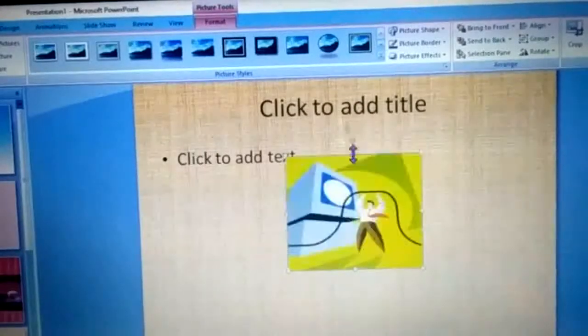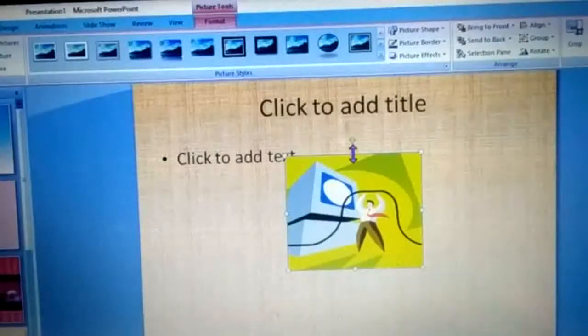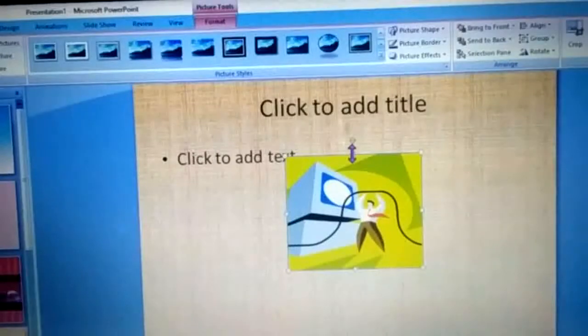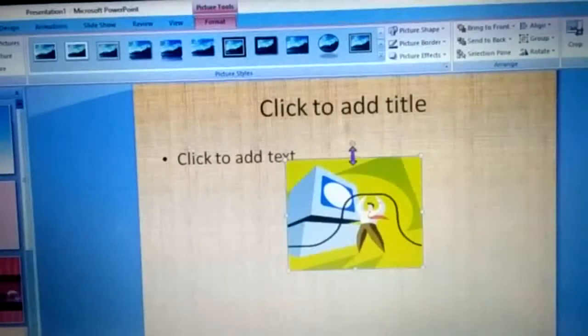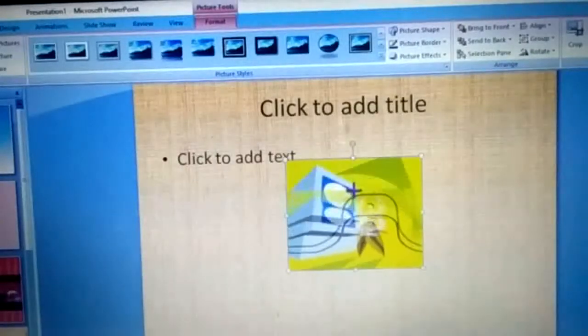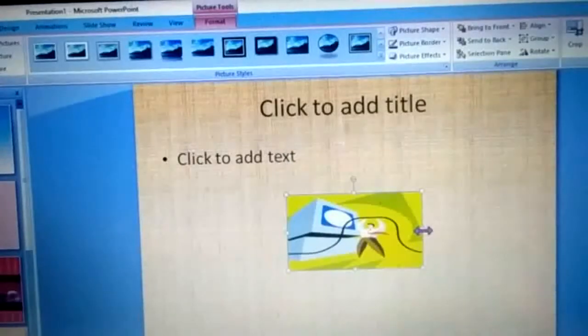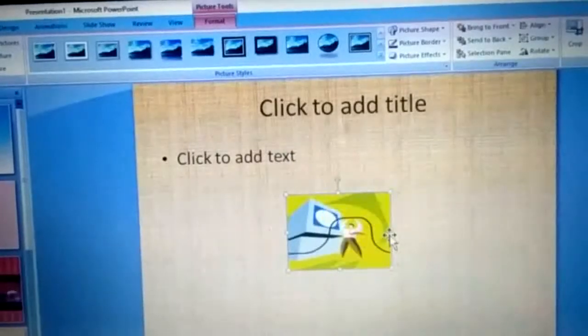But if I want to decrease its size, I will move this with the help of the mouse downwards and it will decrease in size like this. So this is how you resize your clip art and objects, whatever objects you have inserted in your slide.